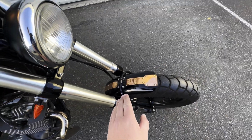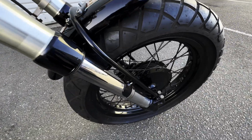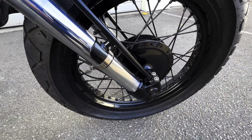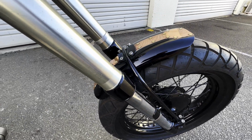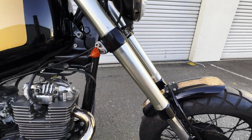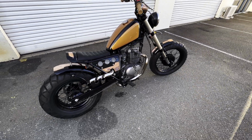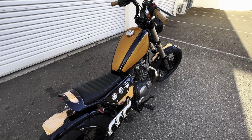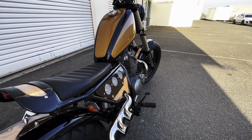So you've got the custom metalwork there. Front guard is completely custom. You can have a look at all that work there to mount it and machine it. It's really impressive. So that's all been done by a guy called Gavin Venter. Gavin Venter moved to New Zealand from South Africa, maybe 5 years ago now, and he had a shop called Phoenix Customs over in South Africa, and he does a lot of work with Adrenalyn Motorcycles,